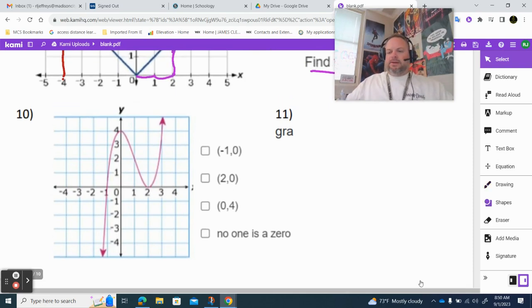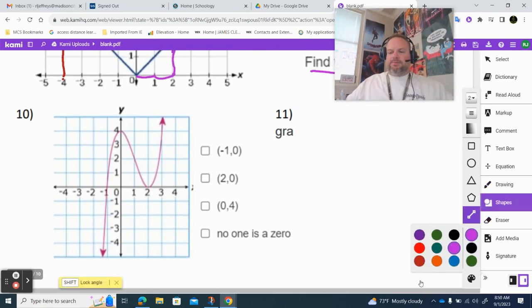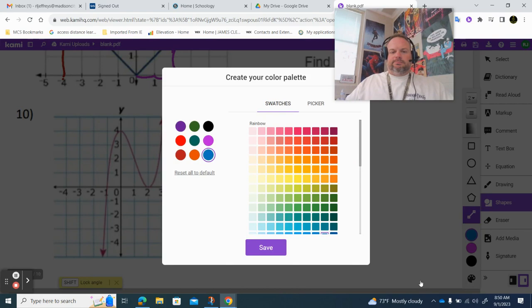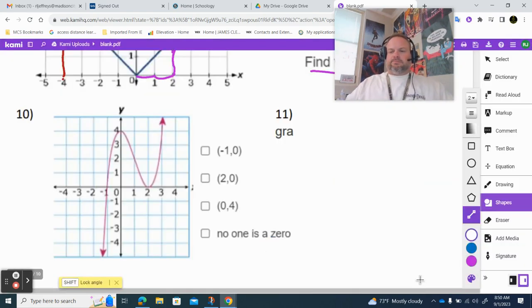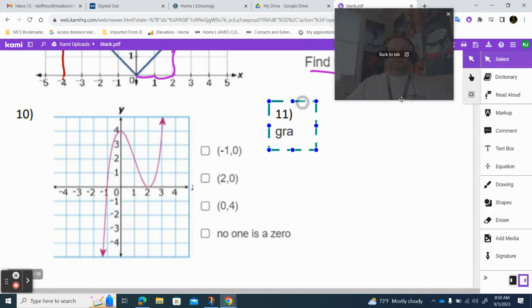All right, we have a odd shape right here. Get a little wide out action. All right, so